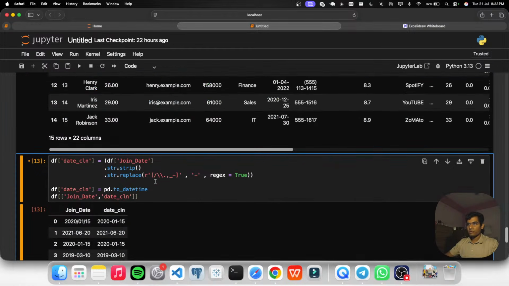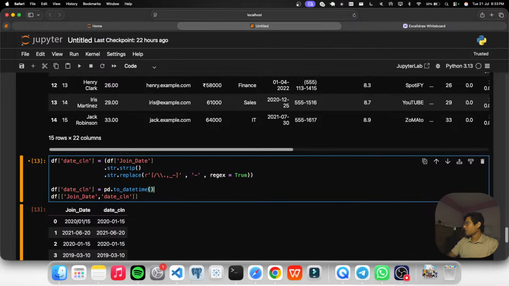So let's check this out. Here what we need to write is df, and the column name is the same, date clean. Day first equal to True as told, format equal to mixed, right? But how will we write mixed? We have to write mixed in a string with commas. We have to write string format, to be honest. String, comma, errors